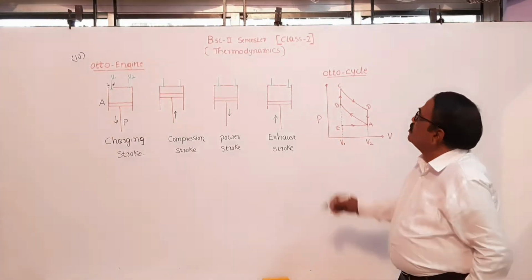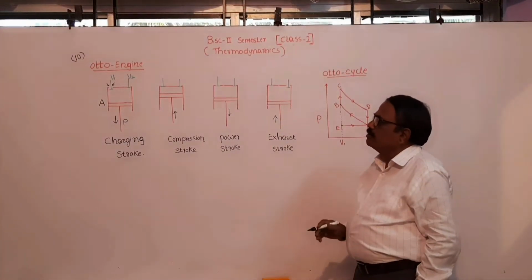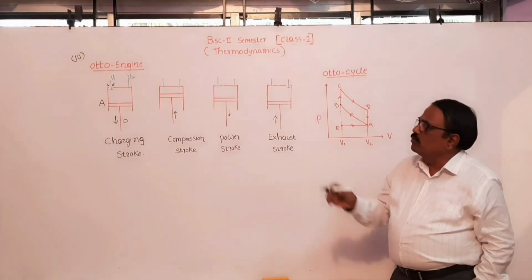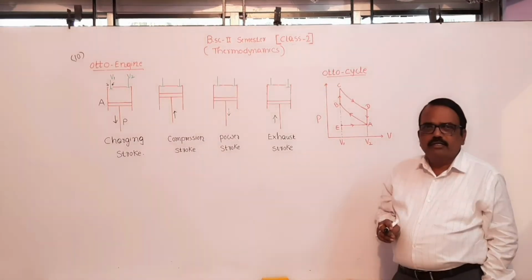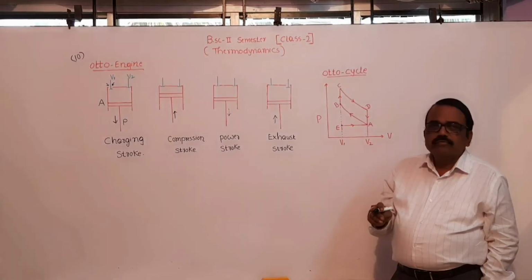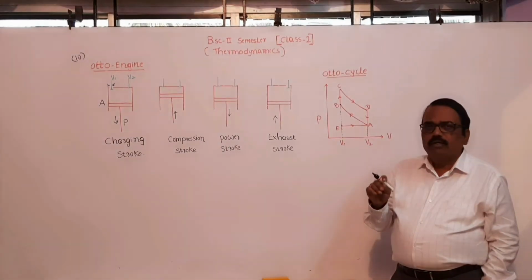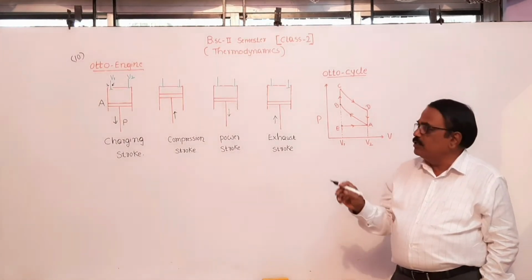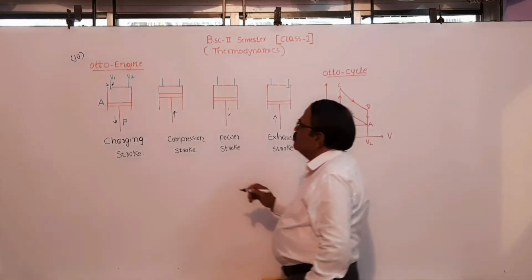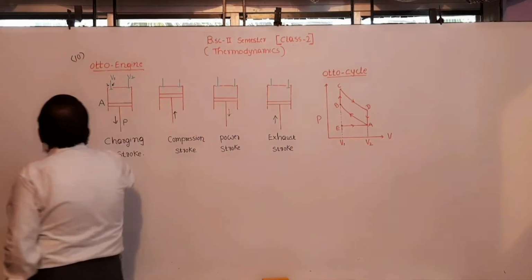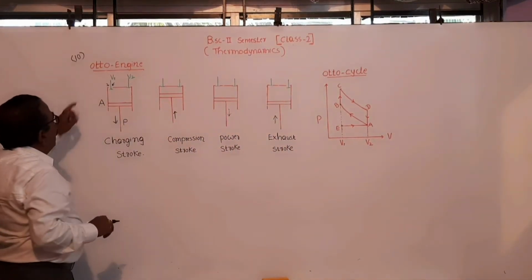Now in the second class of thermodynamics, we have to study what is this Otto engine. Usually they will ask this as a 10 mark question: explain working, construction and derive an efficiency of this Otto engine. So that will be a 10 marks question. So, the Otto engine